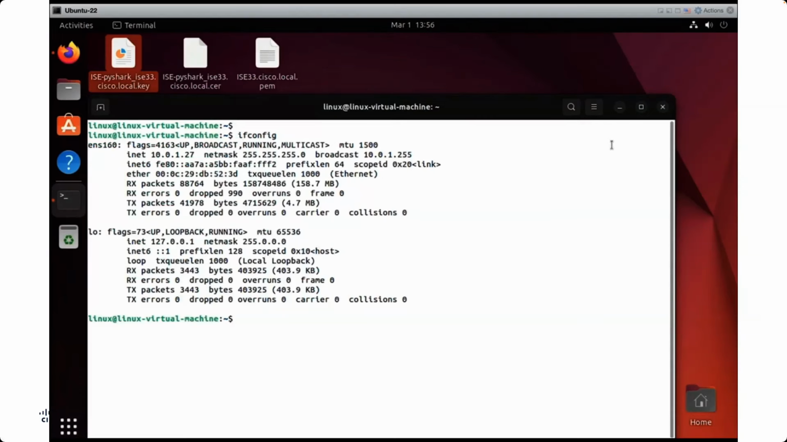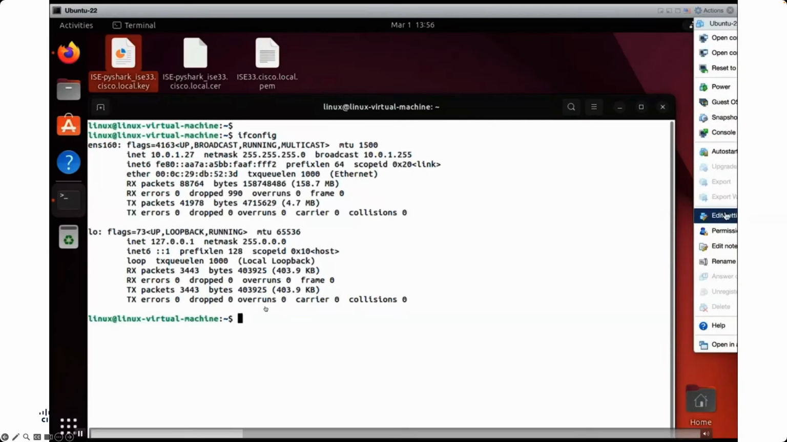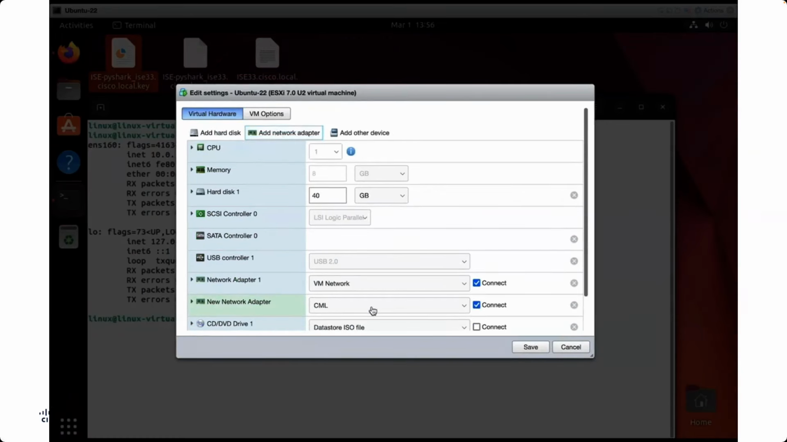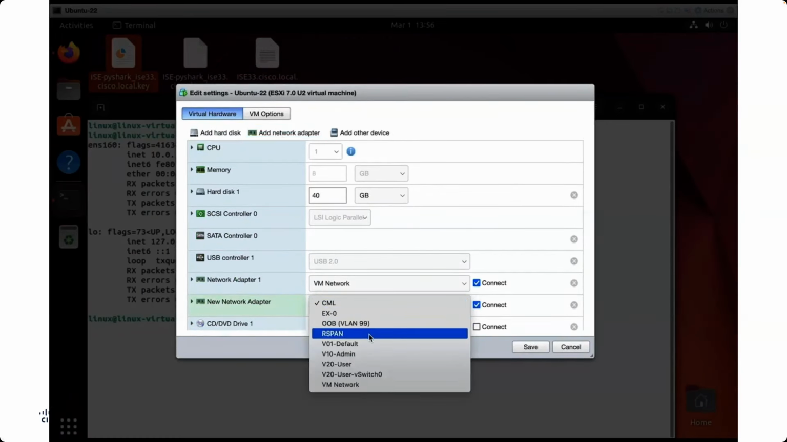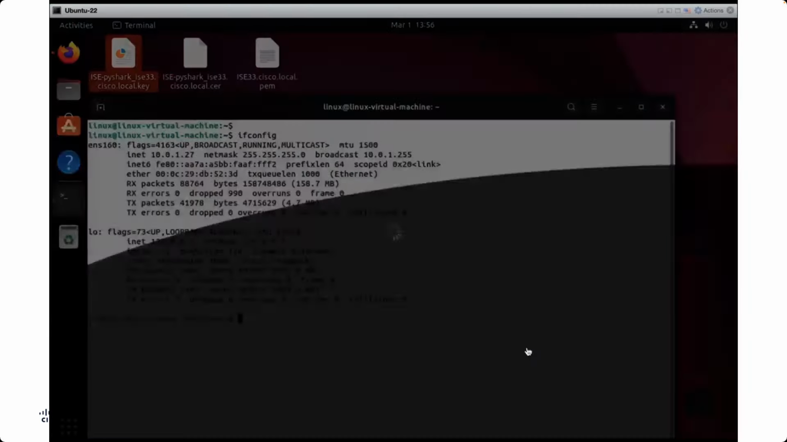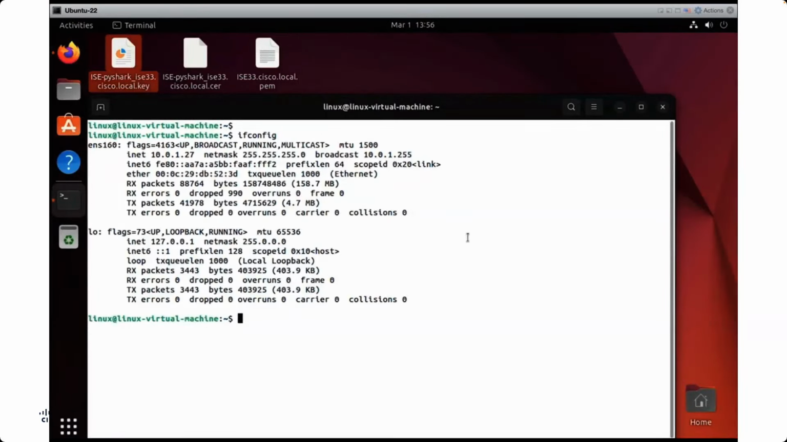But now on this VM, I need to add an additional interface to act as my SPAN port, the port that will receive all the copied traffic. In this case, I'm going to use an RSPAN, which is just a VLAN mapping. So I'm going to go into the VM settings and add a new network adapter. In this case, I'm going to go to my ISE VLAN. And that ISE VLAN, once I hit save, if I do a,